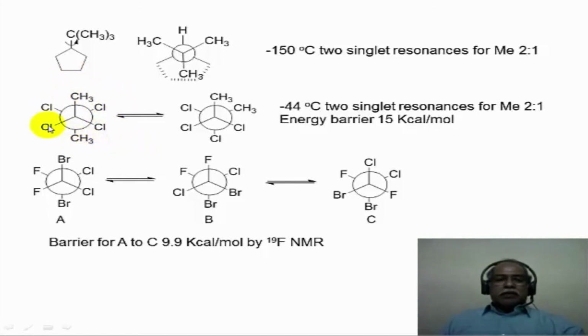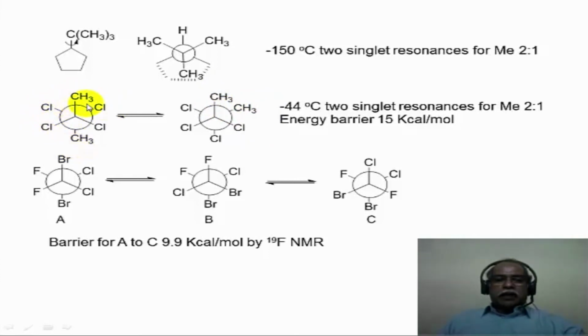They are not distinguishable because they are flanked by 2 chlorines in each case. So if you measure the spectrum of this molecule alone, then there will be only one signal for the 2 methyl groups. Similarly, if you measure the NMR spectrum of this conformation alone, there is a C2 axis of symmetry bisecting this molecule in this particular way. So these 2 methyl groups are exchangeable by a C2 operation. Therefore they are chemically identical in their environment, but the chemical environment of these two methyl groups is very different from the two methyl groups here.